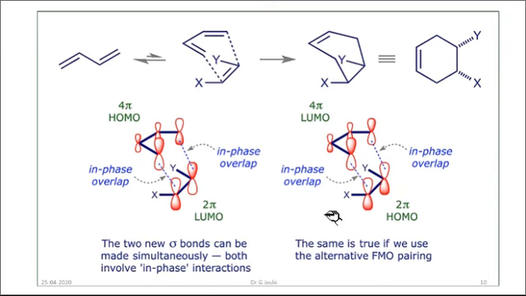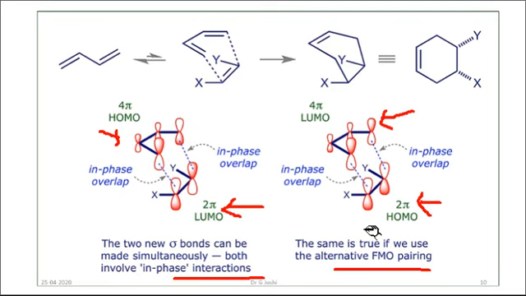Similarly, in this slide, for a simple Diels-Alder reaction, a simple 4 plus 2 addition, where the diene and dienophile are unsubstituted, you can select diene as HOMO and dienophile as LUMO. Similarly, you can select diene as LUMO and dienophile as HOMO. In all the cases you will end up with in-phase interaction of frontier molecular orbitals, and the system will be feasible.